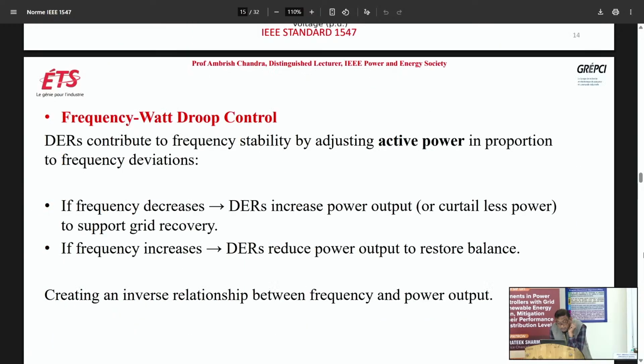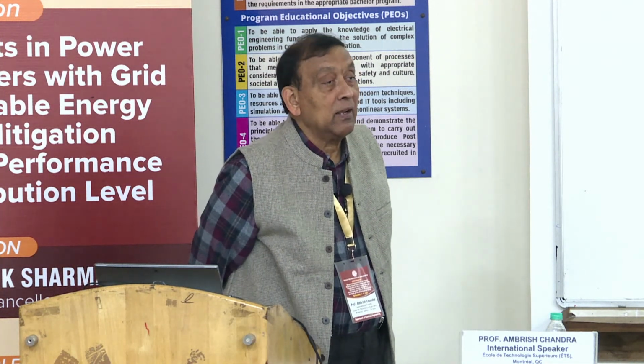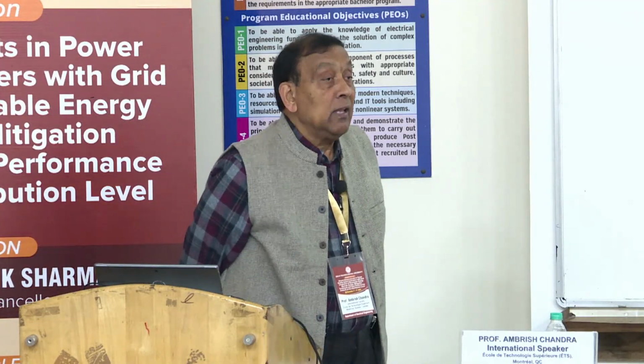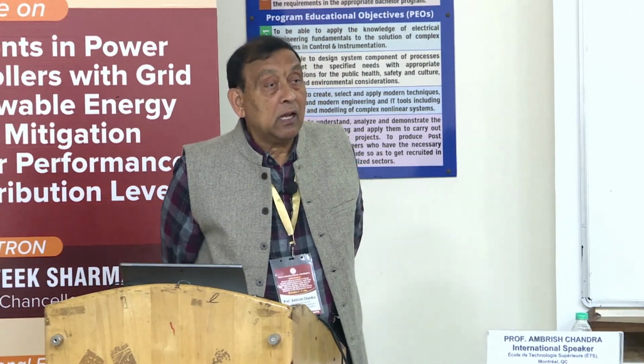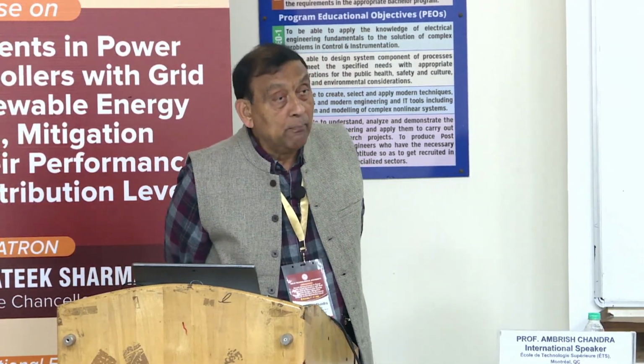If frequency decreases, DER increases power output or curtails less power to support. This is what they were doing in China. Because in China there is so much renewable energy integrated into the grid, they have voltage instability. So all the time they are talking about curtailment of renewable energy sources to reduce the power injected by renewable energy into the grid. I was at a one-day conference organized by a company,